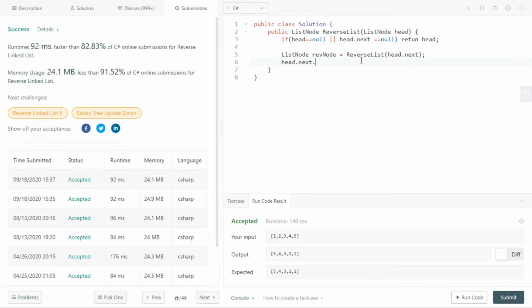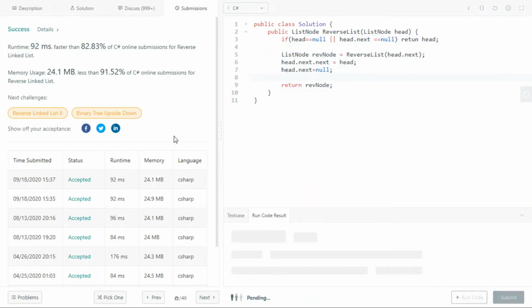Then head dot next dot next is going to be head, and head dot next will become null, and return reverseNode. So the solution is very simple here. Let's try to run this code.